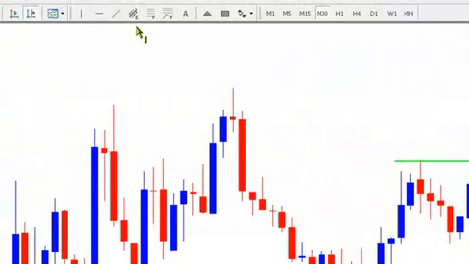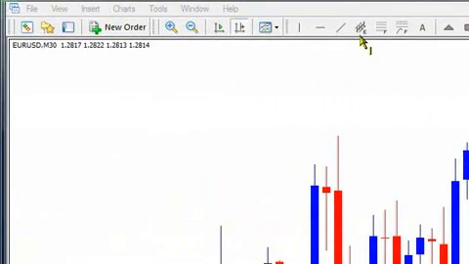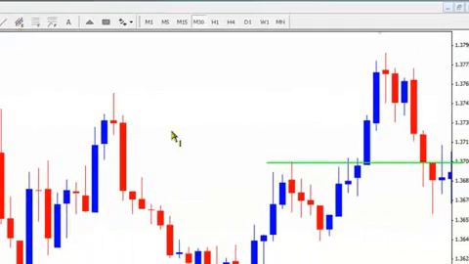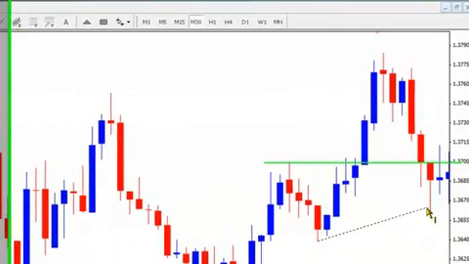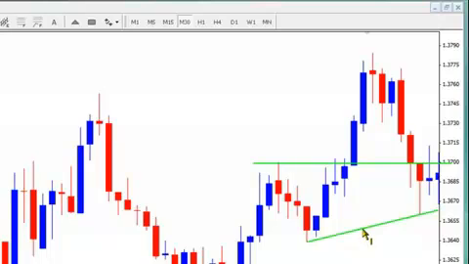parallel trend line. We use what we call the equidistant channel on MetaTrader. Use the equidistant channel tool, it's right here, and you would draw your first line right across there, and that will create a parallel line on your charts. So you will drag that line up to the top of your left shoulder. So that's pretty close to parallel. And what that does is it gives you an angle on your charts for the entry